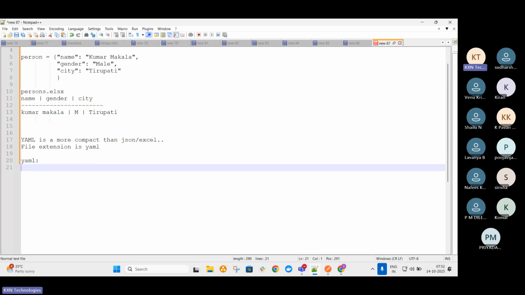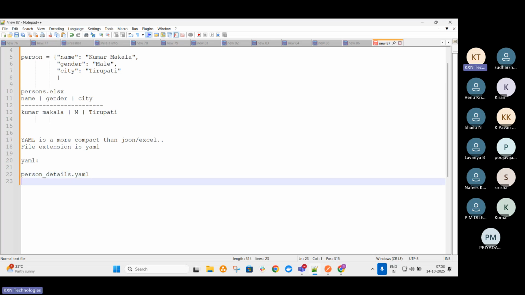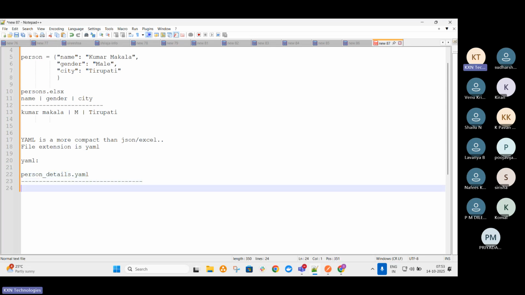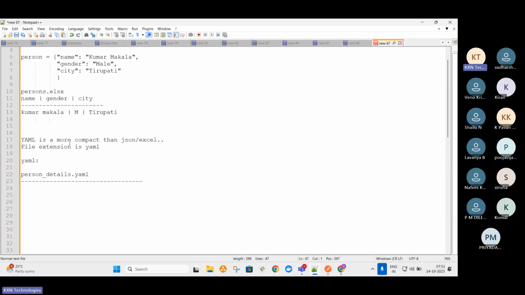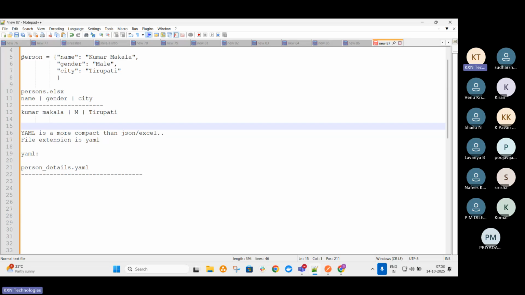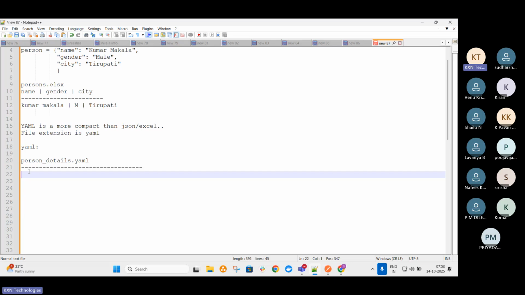So for example, I name this file person details. What is the extension? .yml. Okay, cool. So this is my file name. Understand? So in this file, how am I going to write? I think I can keep no spaces here, so that in one page we can see the difference of everything. When it comes to a YAML file, it's easier. So I can write